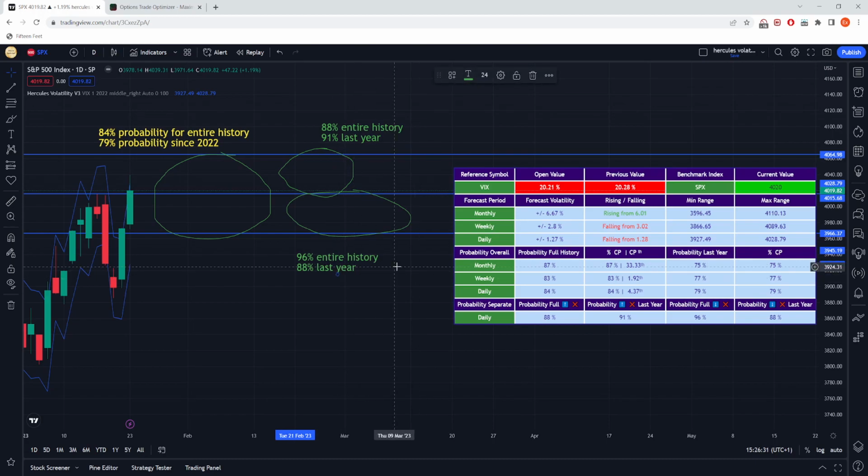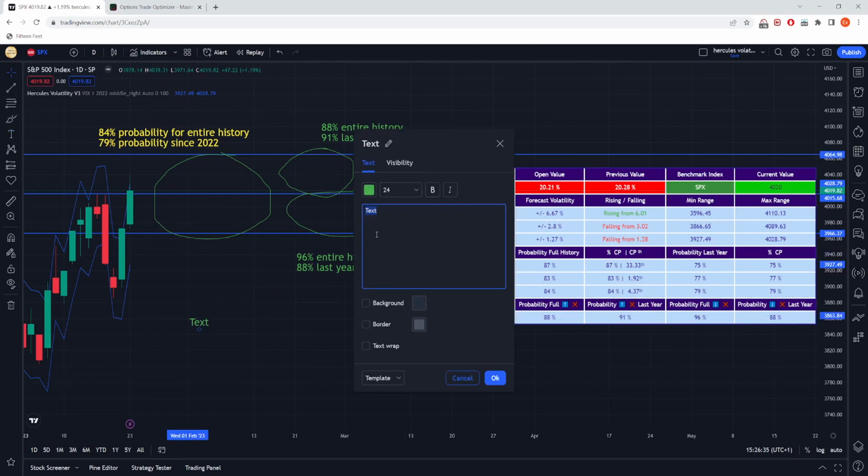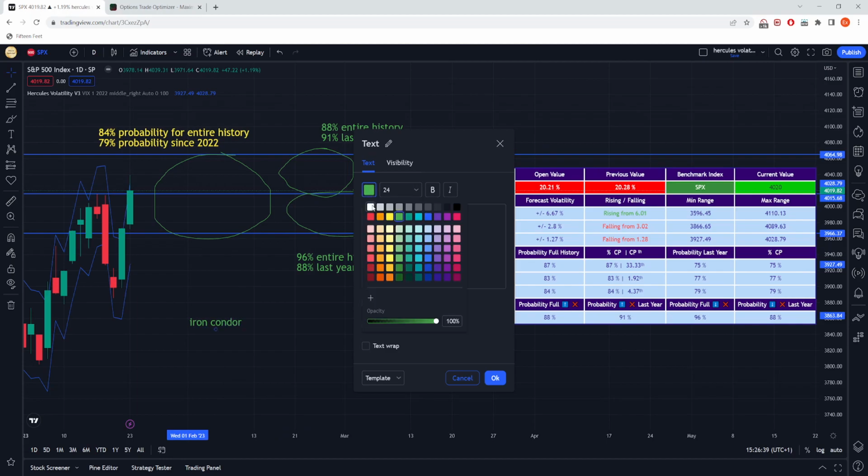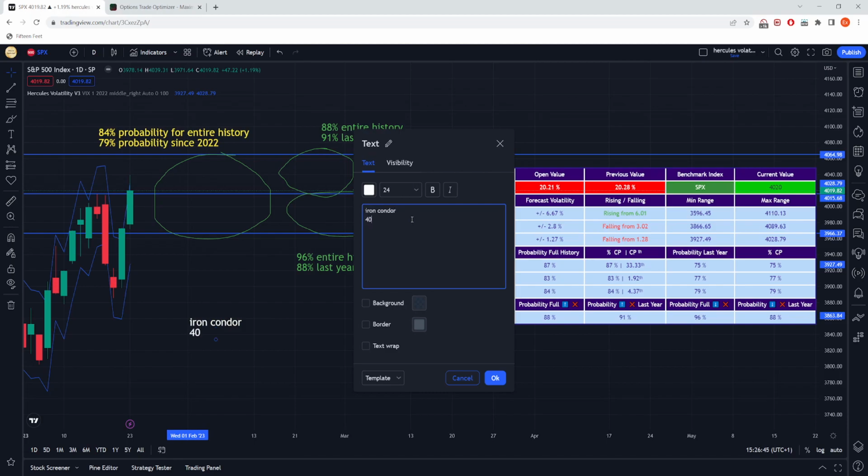So now, how can we monetize this? We have three options. So now I can make an iron condor, and this iron condor, we can be, in this case, from 464 to 3966. We can also make a call spread, and the call spread is going to be